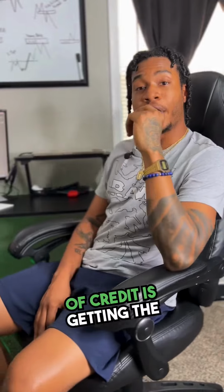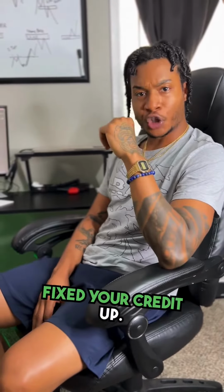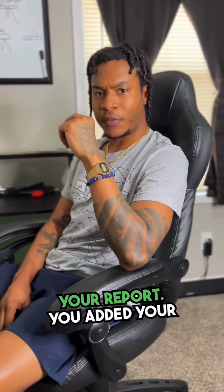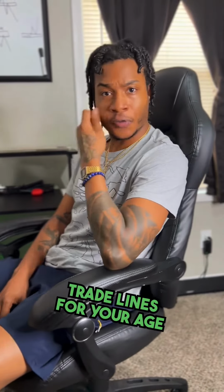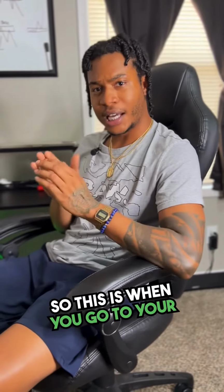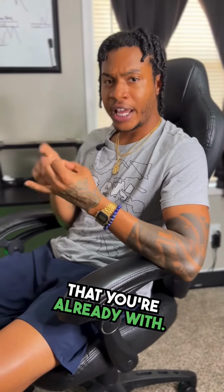The last step of credit is getting the funding now. So you've already fixed your credit up. You got the inaccuracies off. You got 1 address. You got 8 to 10 positive accounts on your report. You added your trade lines for your age and your history. So now you're like, okay, is it time to get the bag? Yes, it's time. So this is when you go to your credit unions and the banks that you're already with,